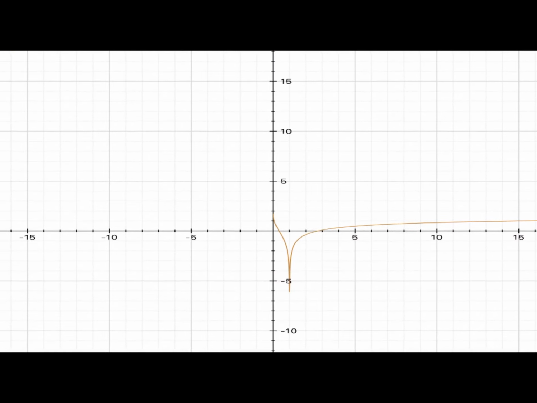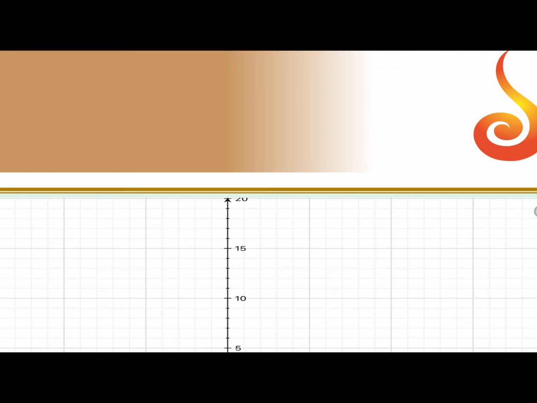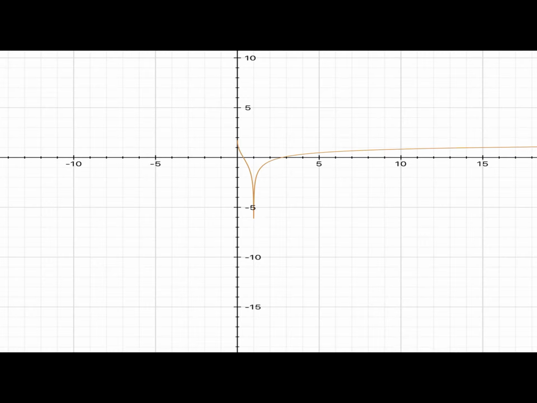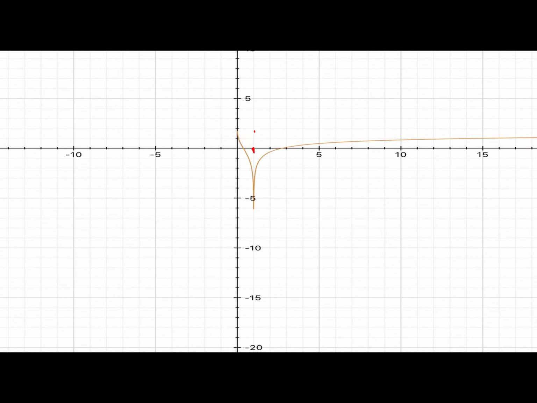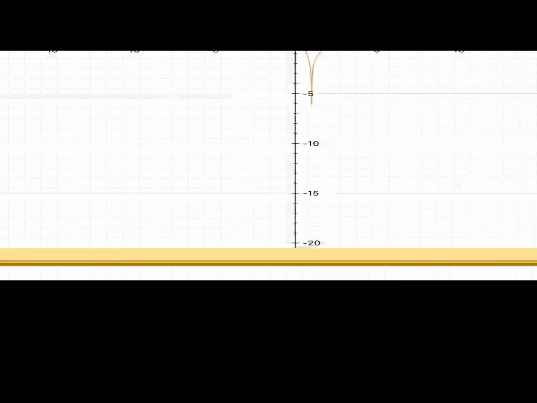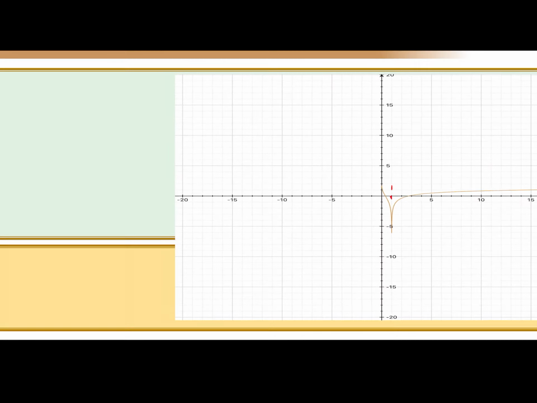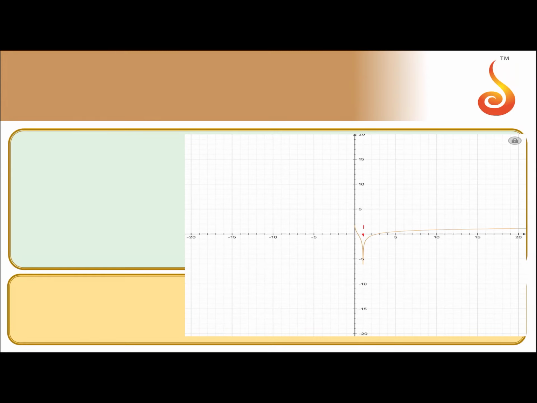So this is the graph. I am zooming it out. Okay, so this point comes out to be 1. This is 1, so they have joined. Actually it won't join. I'll draw once again to give you more clarity. This graph will be like this. It will cross like this at x equal to 1. Again it will go like this.